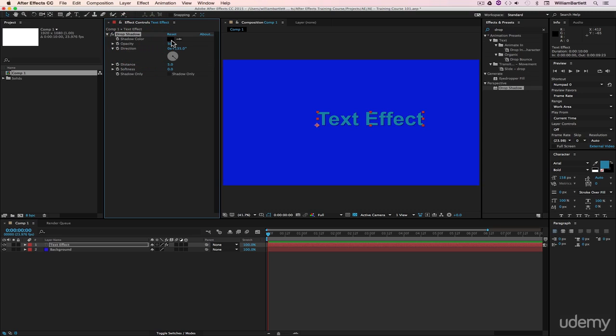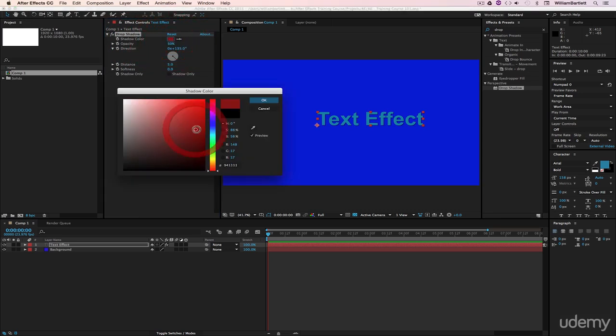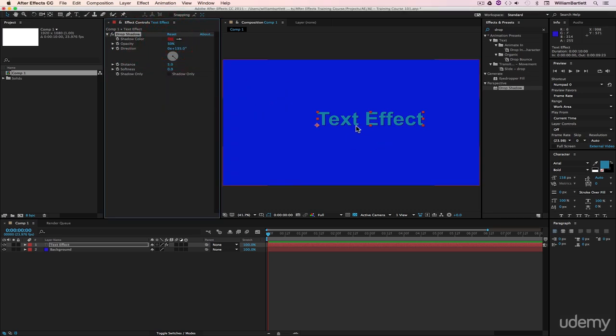We can change the color. For example, if we want it red, we can see there's a slight red drop shadow now. We can make it 100% so it's not transparent at all. It's more of a border. We can change the direction of it so it sits off to the top left or goes to the bottom right. We can change the distance